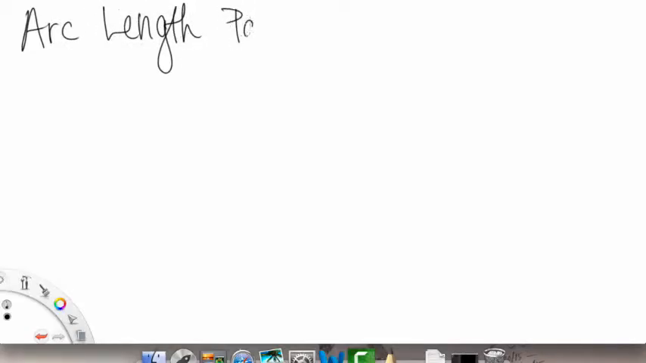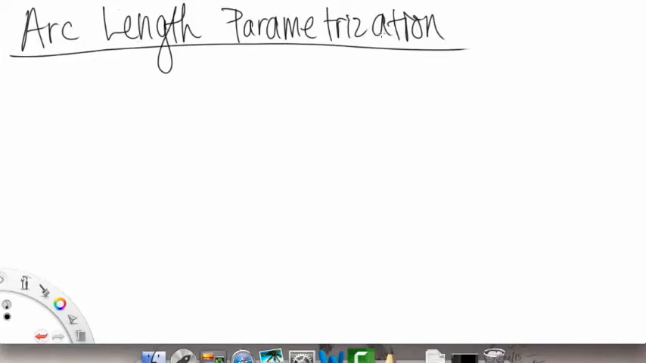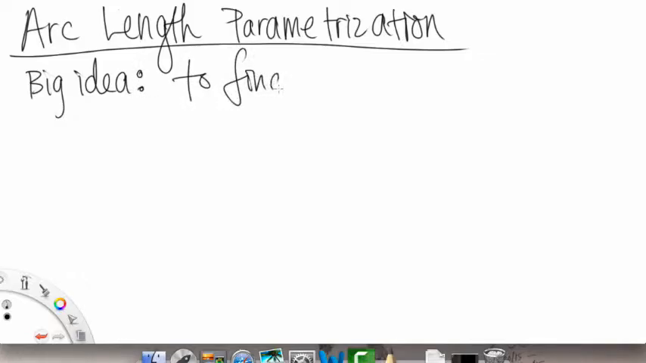All right, so now for a pretty important topic called arc length. Again, we're dealing with arc length, but this time we're dealing with arc length parameterization. Long word there. So what is arc length parameterization? Here's the big idea. The big idea behind it is to find a parameterization,